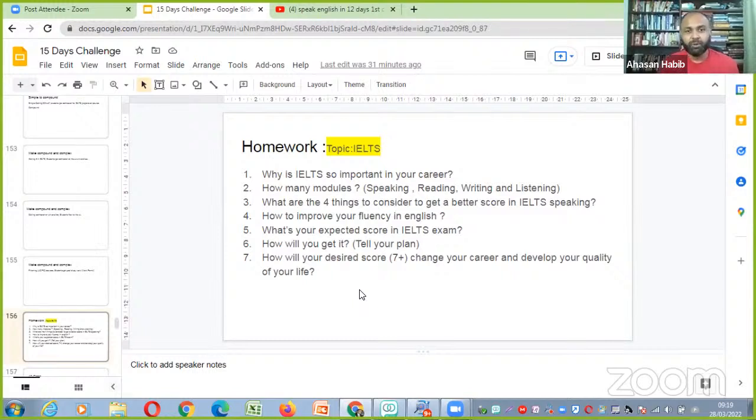So after that, how many modules? So there are 4 modules in IELTS exam. They are speaking, reading, writing, and listening. Then what are the 4 things you need to consider to get a better score in IELTS speaking? Okay, so you can say, to get a better score in IELTS speaking,